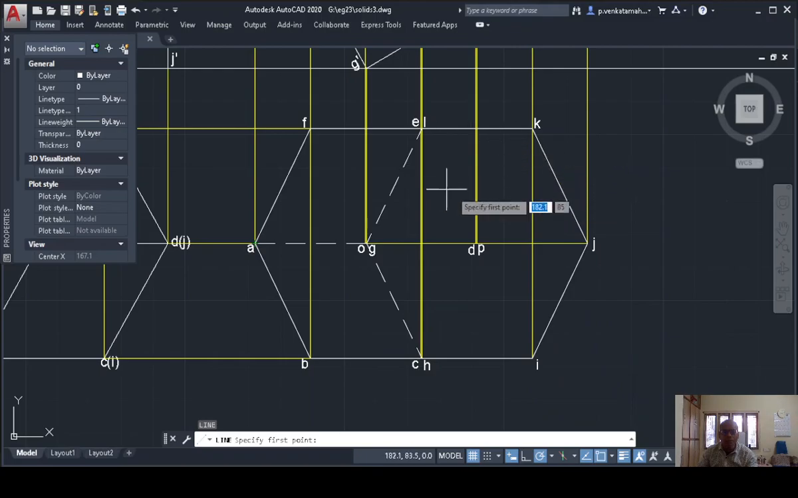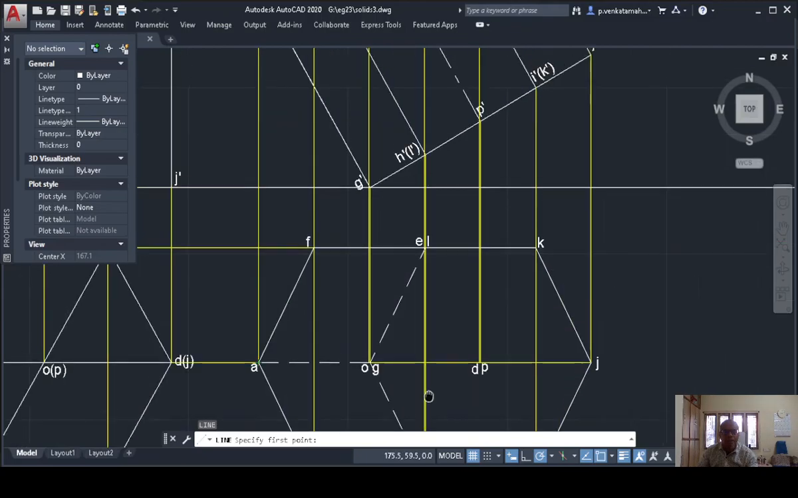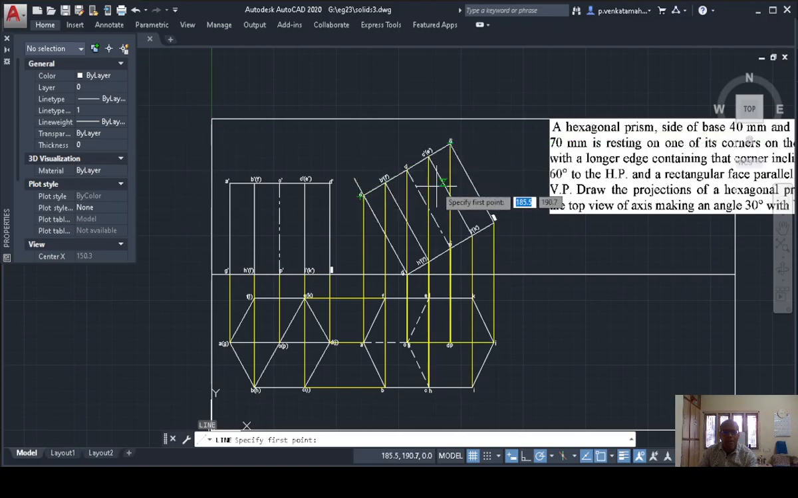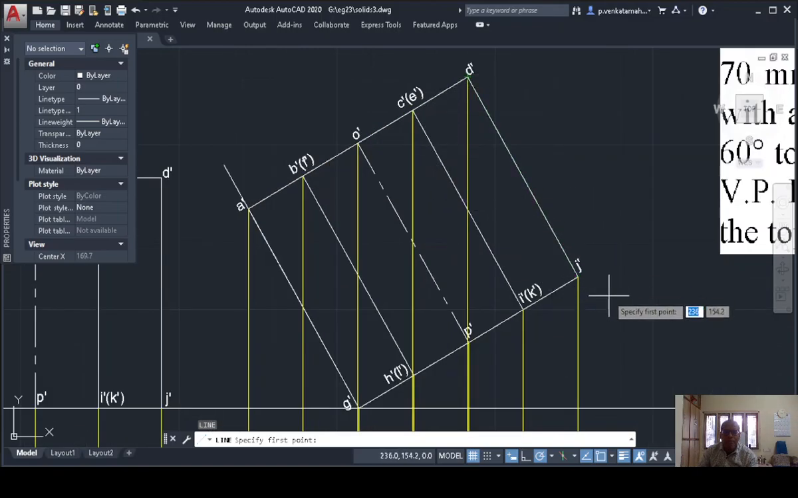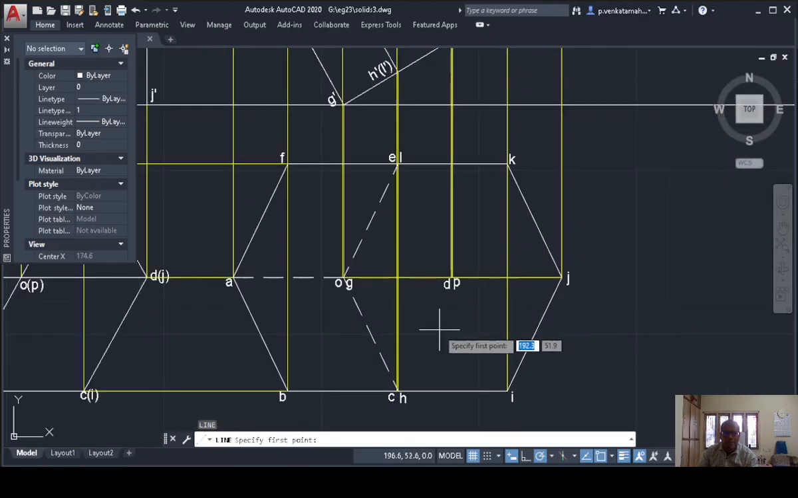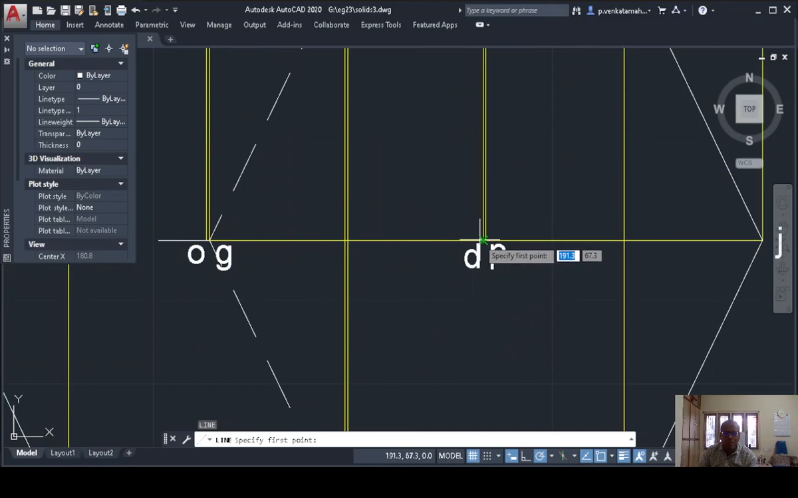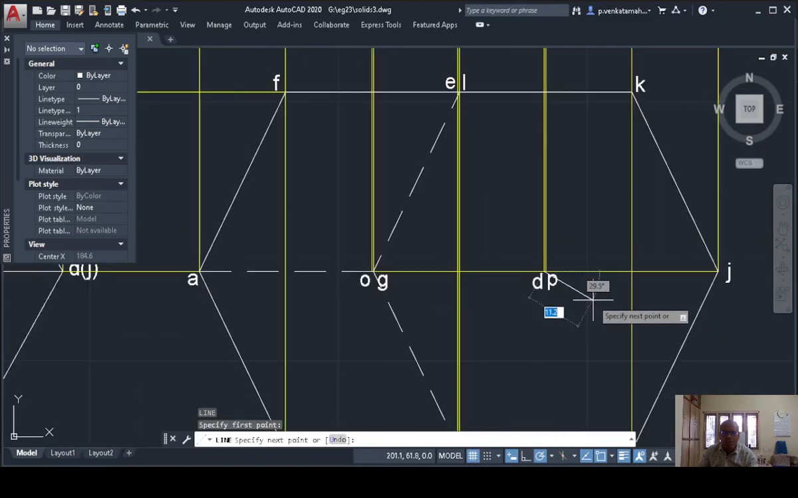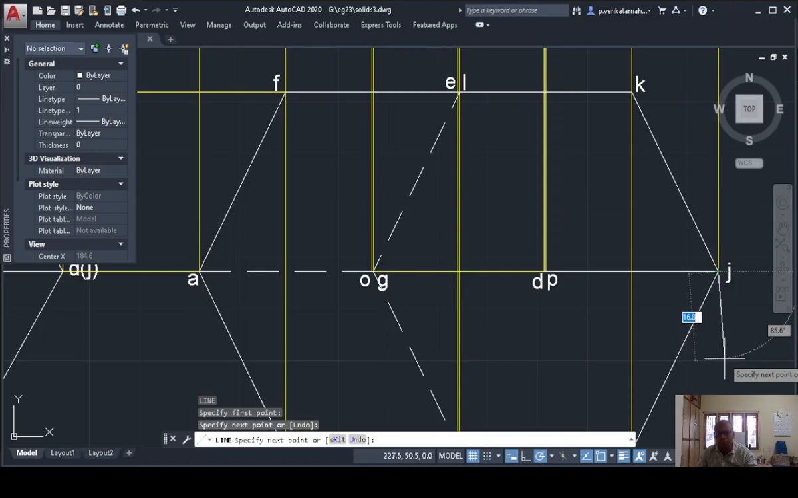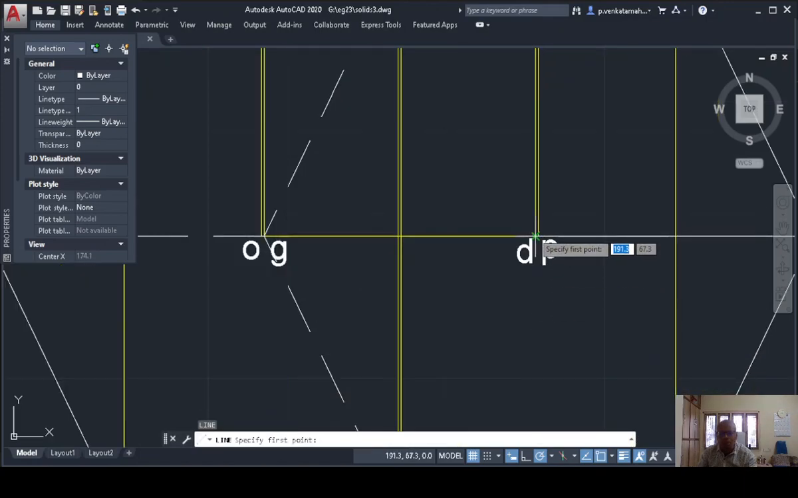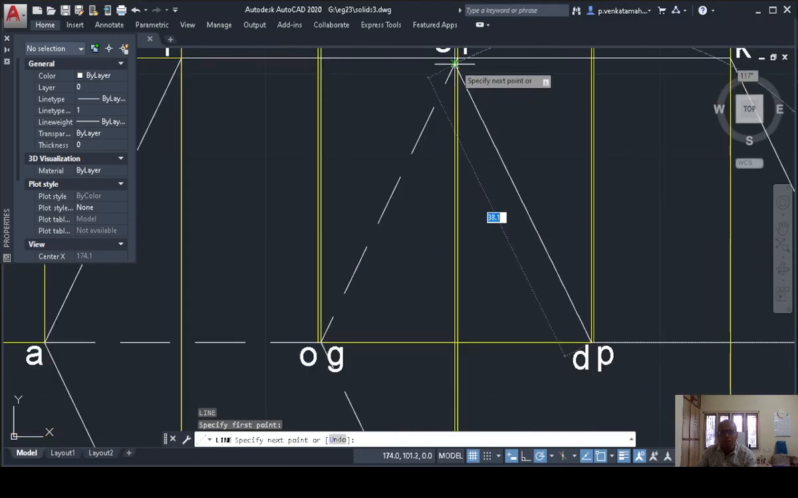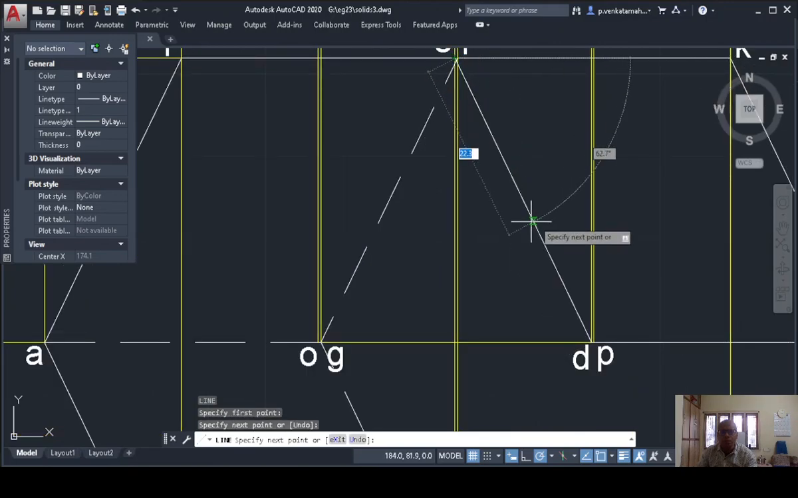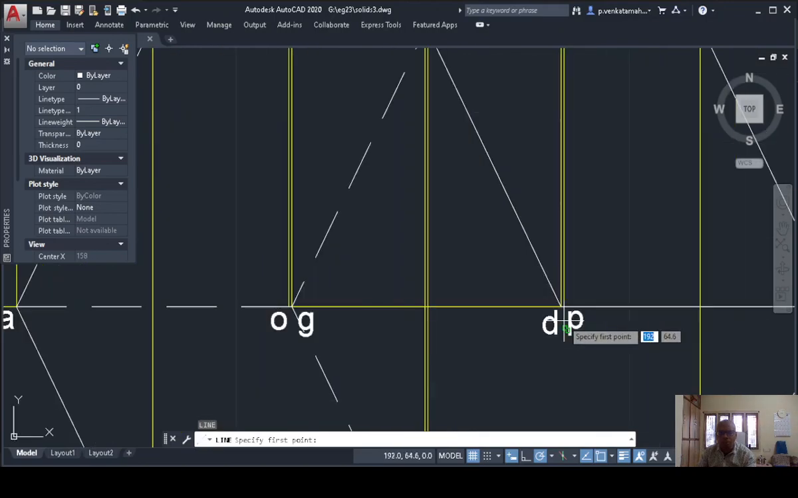What all are visible? AD is visible. DJ is a visible line. Where is D? So this is D and J. This is a visible line. As well as I have a line with D and E, and I have a line with